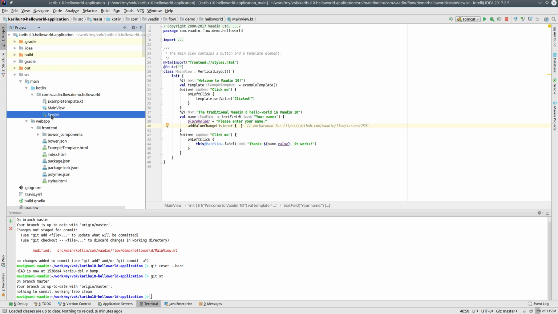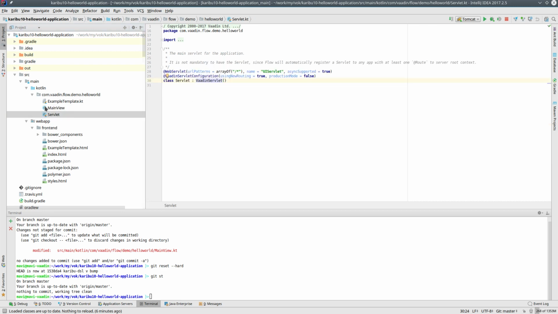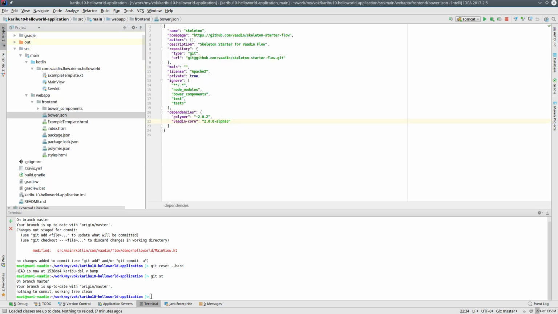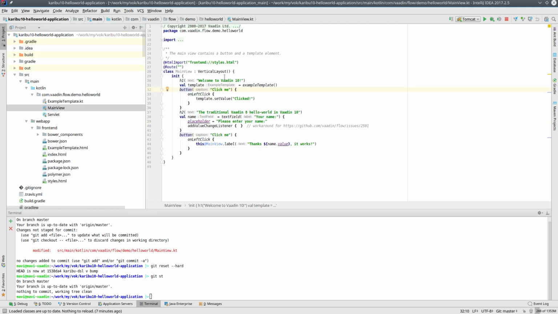So in the server side we have a servlet, nothing special about that. Then we have a view, which is kind of a page populated by components or elements. So it's an H1 element and button, and so on and so on. On the client side, we have a list of web components installed by means of Bower. So we are using Polymer and Vaadin Core or Vaadin Elements on the client side. Okay, without further ado,